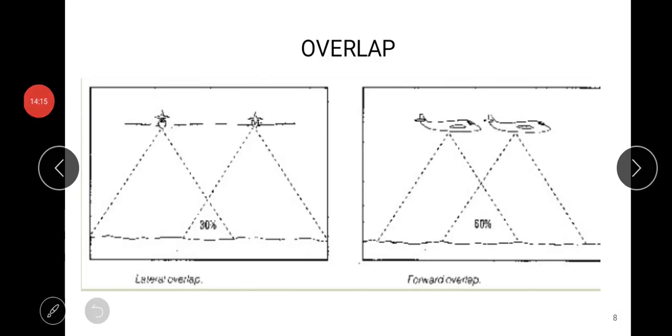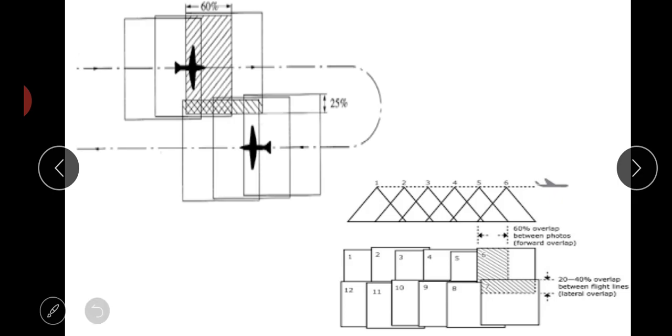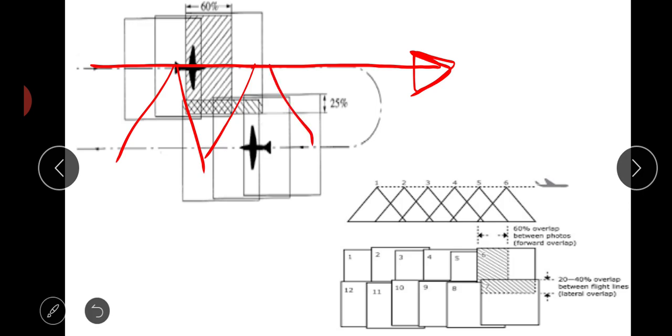These overlaps can be of two types: forward overlap and lateral overlap. What are they? Whenever the flight is moving in the flight direction, the photographs taken in the flight direction give the forward overlap.